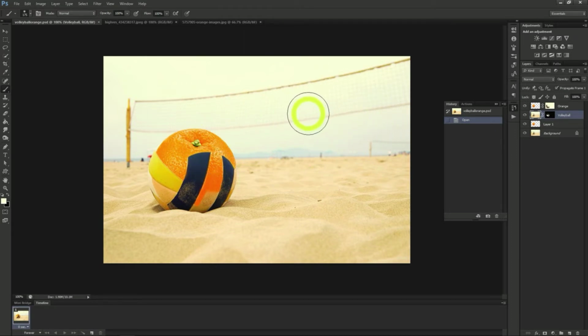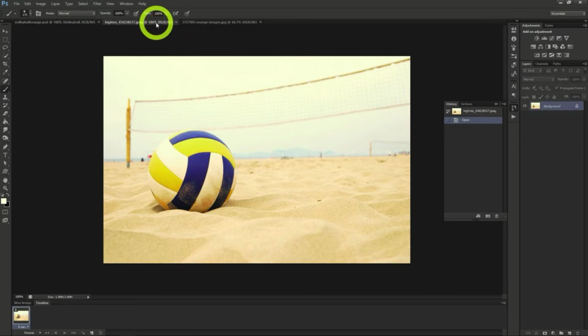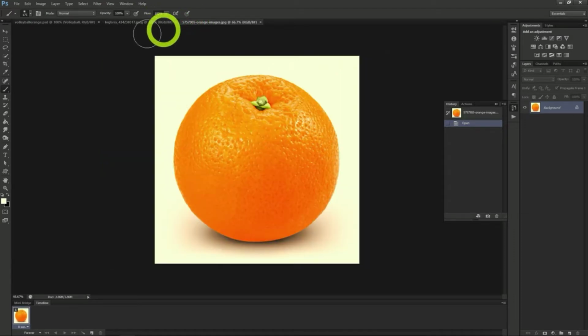Starting out, let's pick two images that we want to blend together. Here I'll blend an image of a beach ball with an orange. The idea of playing volleyball with a giant orange is pretty hilarious, don't you think? To start blending these two images together, I'll take the image of the orange, use the Quick Selection tool,